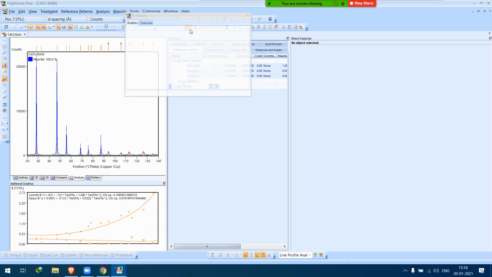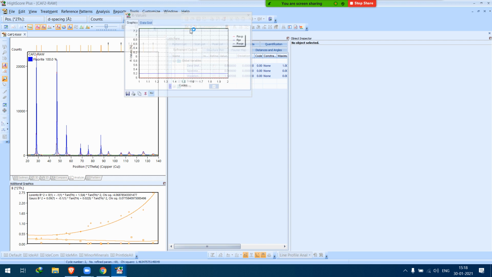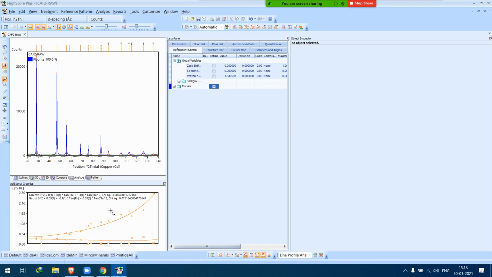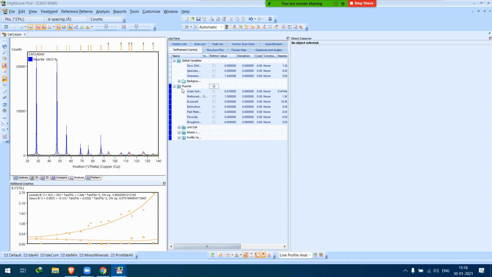What happened? The chi-square for Lorentz is very high, around 3.9. It should be around 0.0 something. So we'll look again at the refinement.